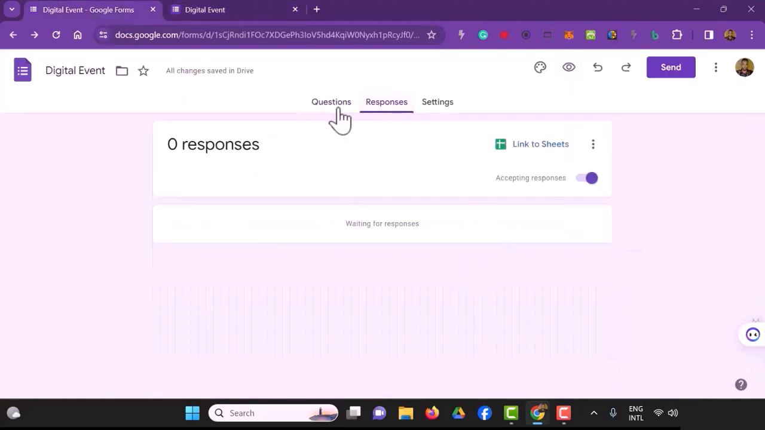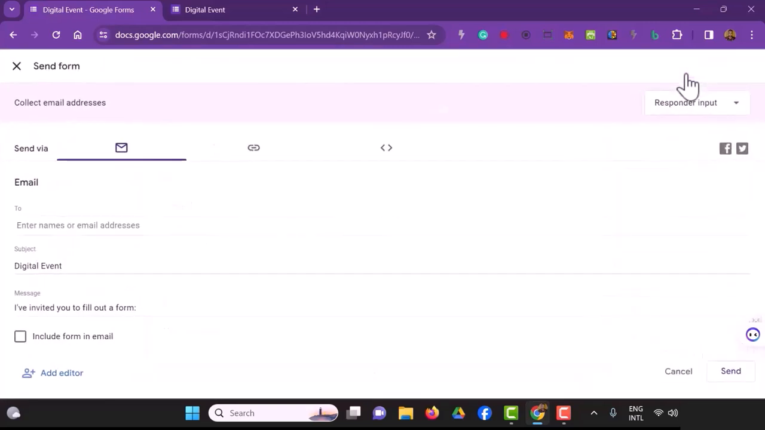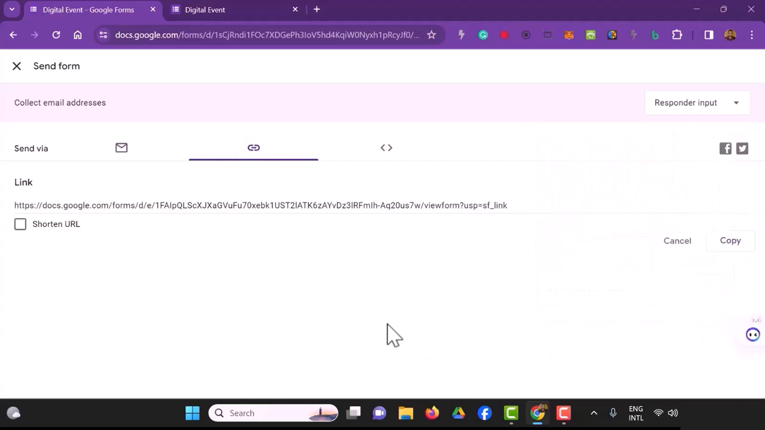You see your responses right here, and that's just how to create a very simple form. You can create a very simple form, and you can say you want to send, and you can send via email to people. You can copy the link. You can use this place to copy the link and paste it on whatever you want to paste it on